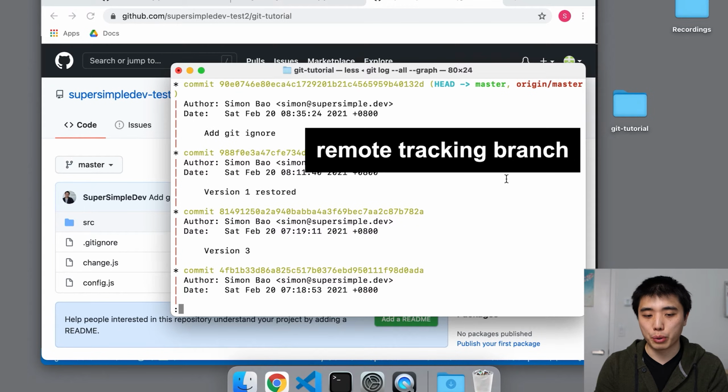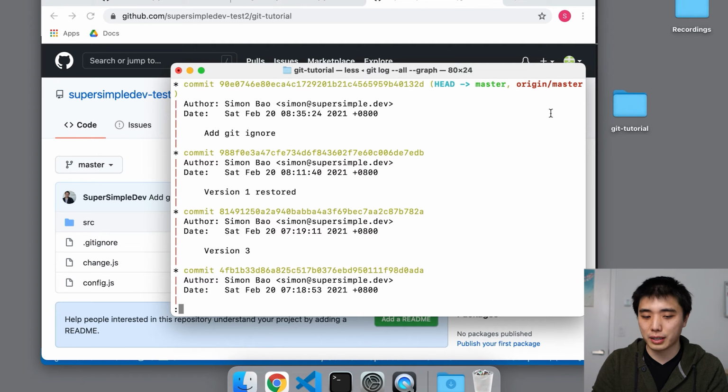So remember that we pushed our entire branch up to GitHub, and now GitHub essentially has a copy of our branch. And that's what this remote tracking branch is here to help us with. It tells us what the master branch or the main branch looks like on Origin, which is GitHub. Right now you can see that the master branch on GitHub, which is origin/master, is the same as our local master branch. And that's because we just pushed our master branch up to GitHub, so they should be identical.